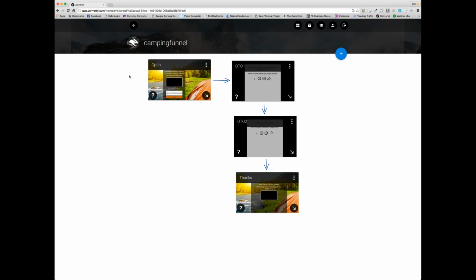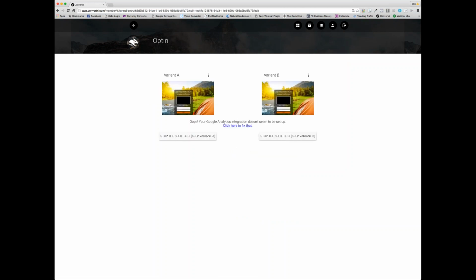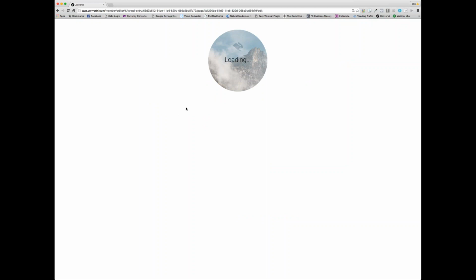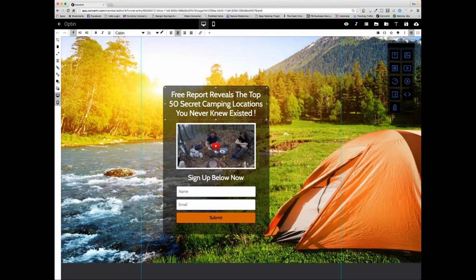So what we can do is split test this opt-in within Convertri. All I have to do is hit the three-button menu, hit Start a Split Test, and it automatically duplicates the page, giving me a variant B option. And quite simply, all we have to do is go into that variant B and maybe just amend the headline or something like that and say, our food report